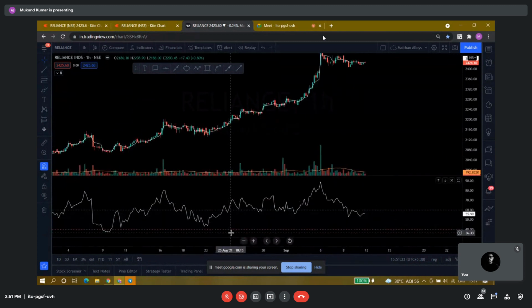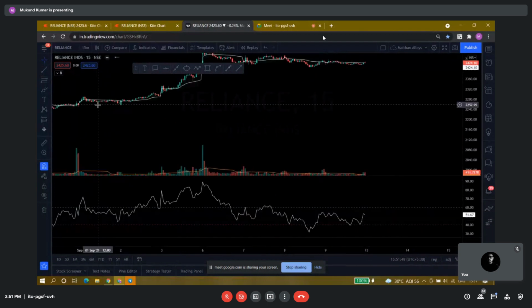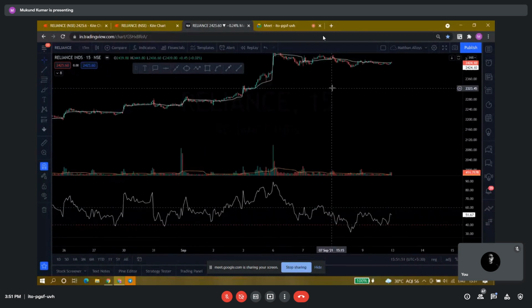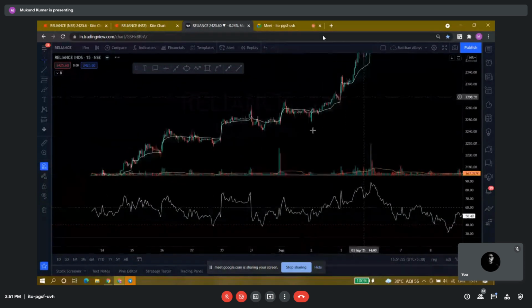So on 25th August, the stock entered an uptrend on the daily chart, and you can see that the stock entered an uptrend here as well on the hourly chart. So you see the hourly chart here, and now you see that the hourly chart is also in a super uptrend, a strong uptrend. Now you will see the 15 minutes chart or 5 minutes chart, whatever you consider. Okay, so once you see the 15 minutes chart,